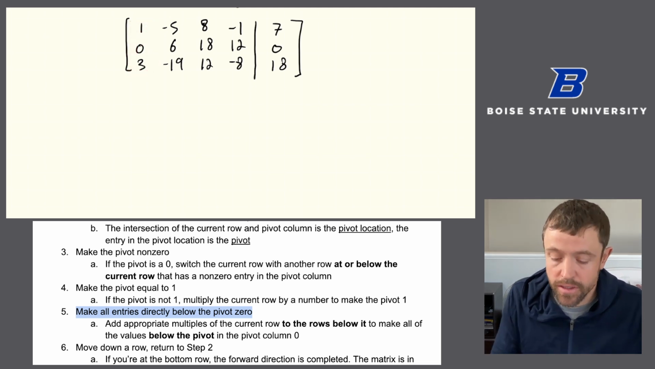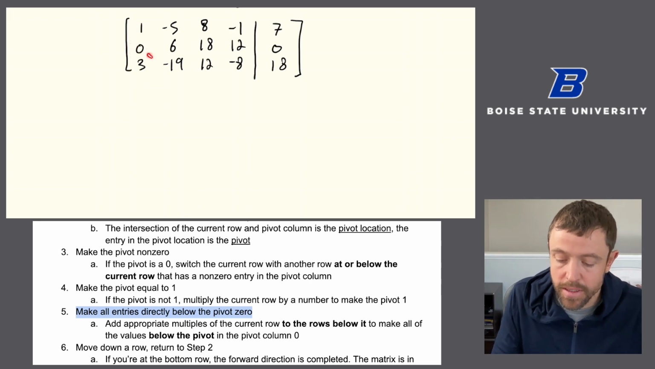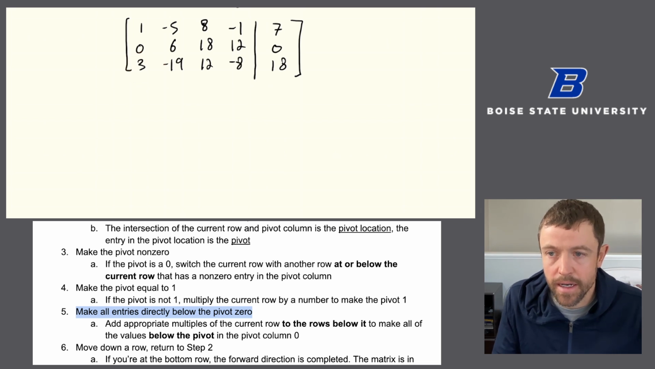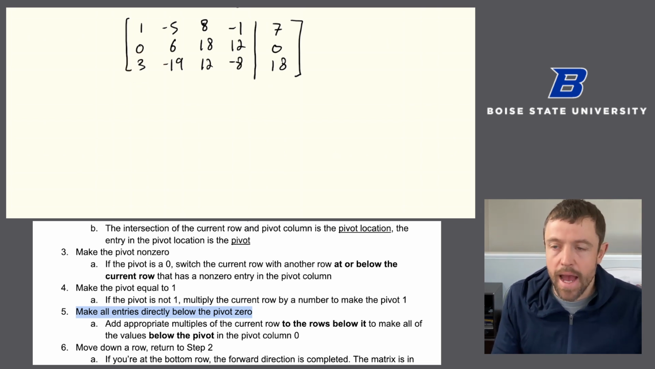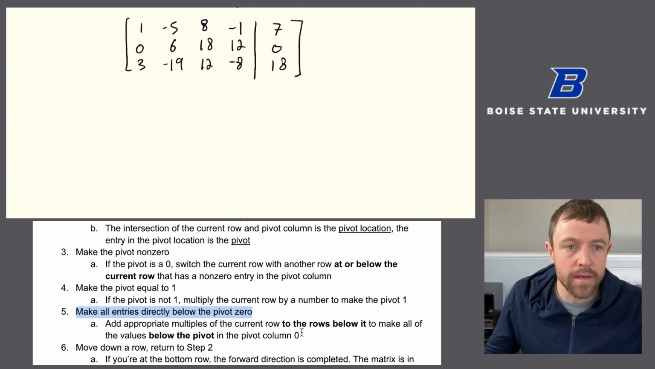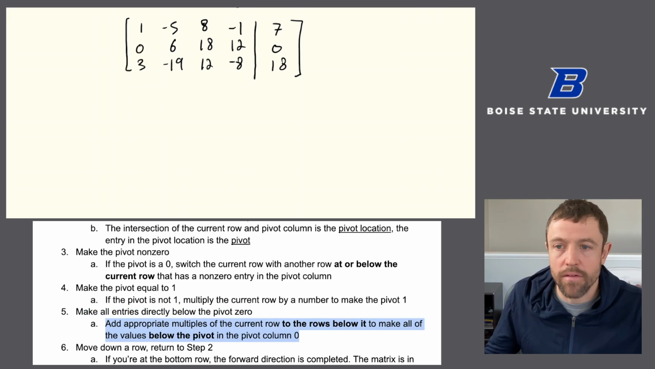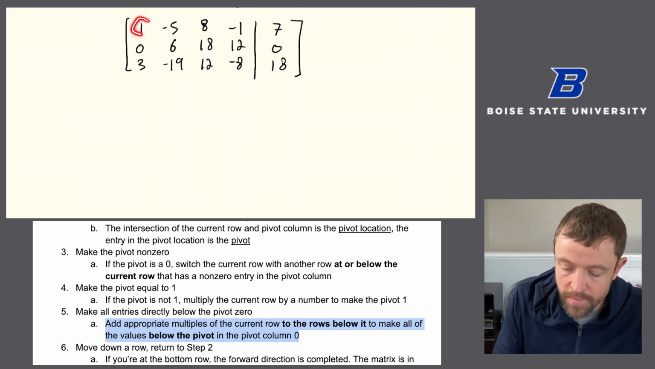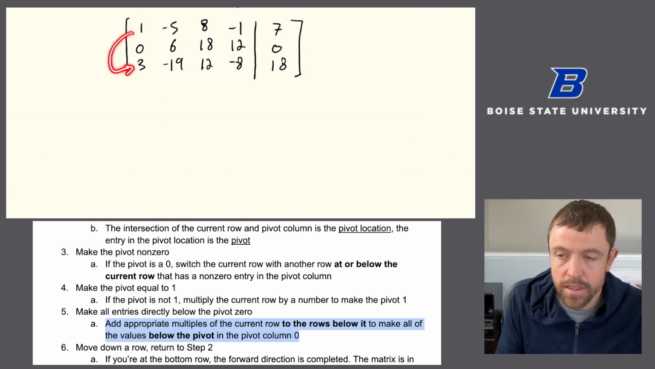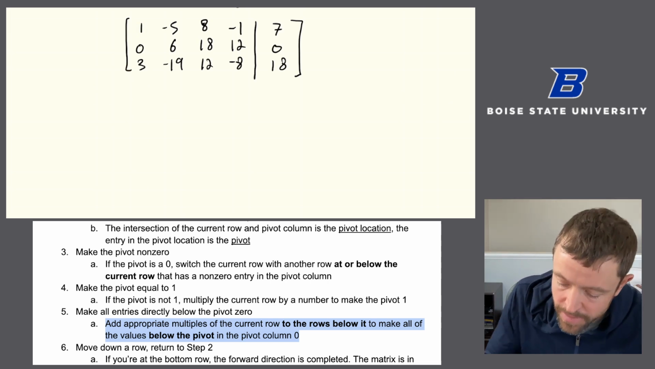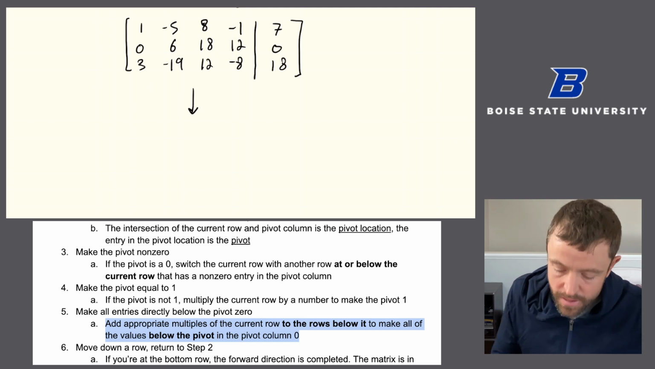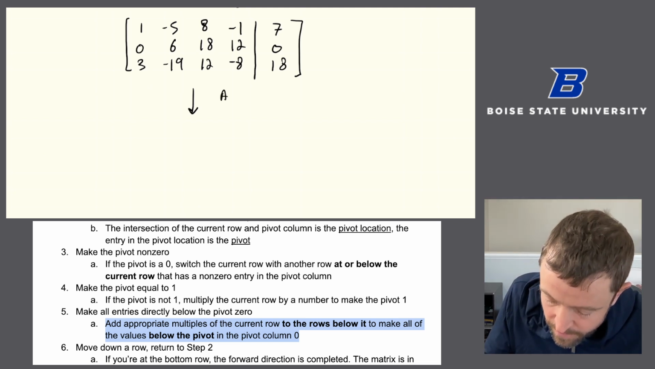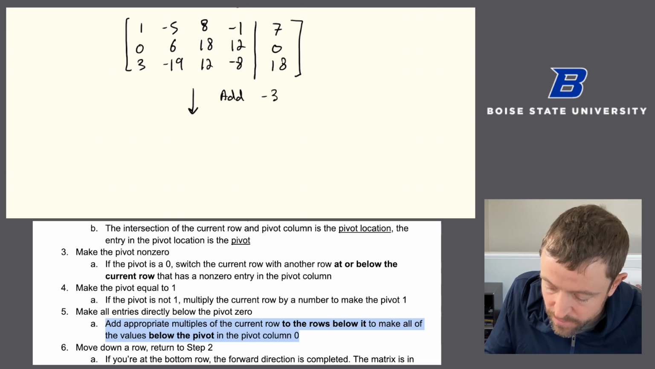Now, the first entry here is already 0, so I don't have to deal with this. I'm going to need to make that entry 0. And any action is going to be an elementary row operation. The only way to make this entry 0 is going to be by adding a multiple of our current row to that row. And so that's what we can always do. We have a 1 here, and we can add some multiple of this row to this row to make that entry 0. So what do I need to do? I need to add -3 row 1